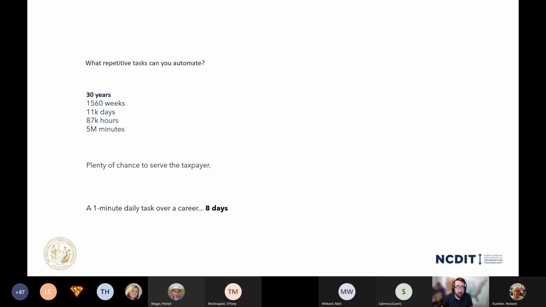And so a question we can all ask ourselves is, what can we do to automate some of that? Not your entire job, not an entire application, but what can you do as an individual contributor to take the repetitive tasks that you sort of autopilot and really make them autopilot, so you can focus on using your brain for the harder parts of your job. Those are the examples that I'll cover today.